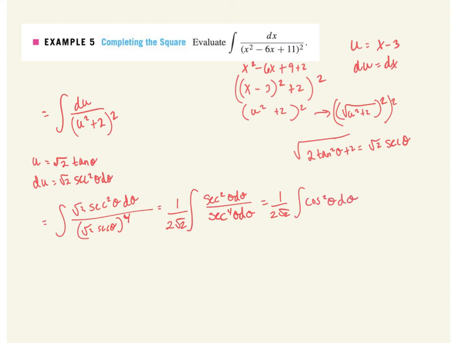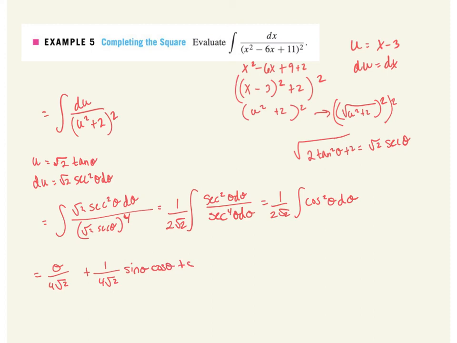So the reduction formula would bring me to theta over 2, but multiplied by that coefficient that I already have. So I'm going to have a theta over 4 root 2 plus a 1 over 4 root 2 sine theta cosine theta